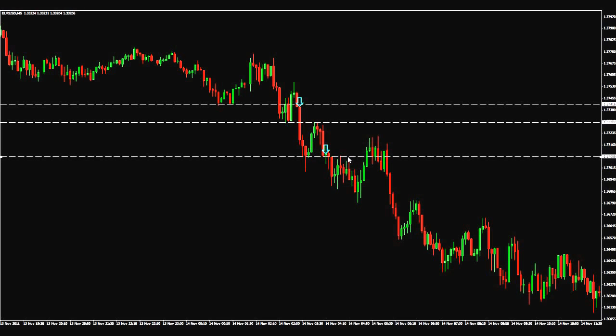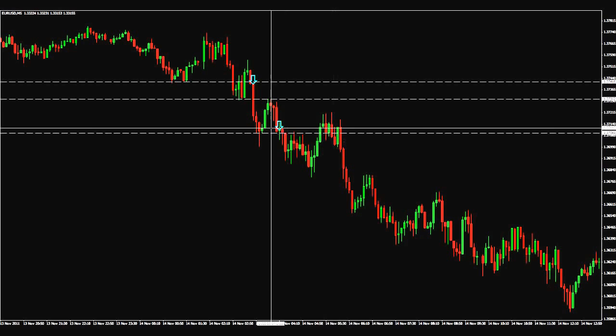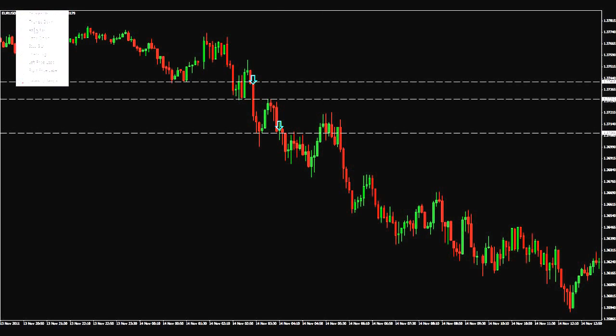Sorry, I do need to move this line a little bit. I usually do it a little bit below where the bars are, just because there can be some close ones in there. So if you do it a little bit lower, you're more likely to get a better trade. So as you can see right here, we had the bar break down again, break that support line,